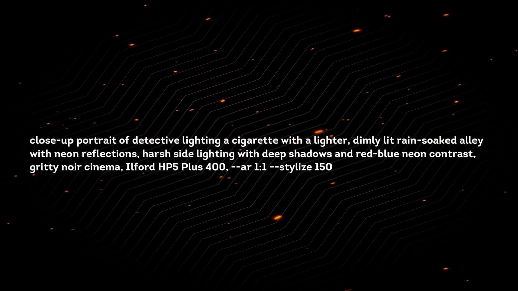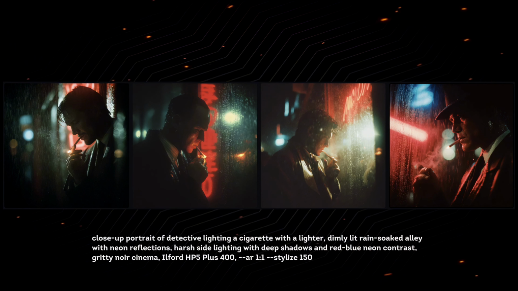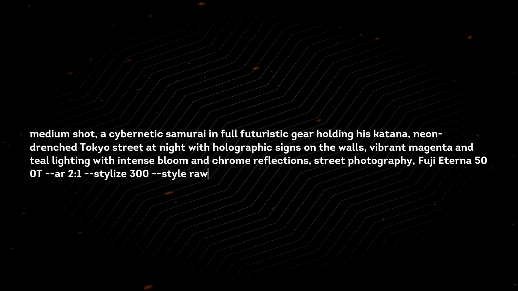Let's have a look at another example. As you see, we have all the elements in place. We have a close-up portrait, a detective with a cigarette, we have setting and context, harsh side light, a medium, film stock, and it's a square aspect ratio. And another one, for example,